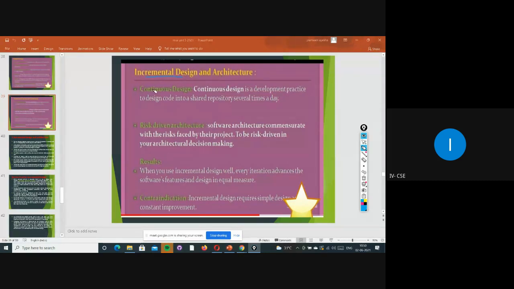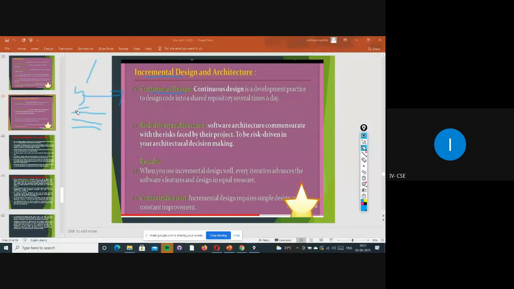So here we are going to see continuous design. What is this continuous design? It happens whenever the stakeholder is giving his requirements, continuously or weekly or monthly or day by day, giving any changes. So here developers will be practicing on the design code, whatever code they have written based on that stakeholder's features, right?